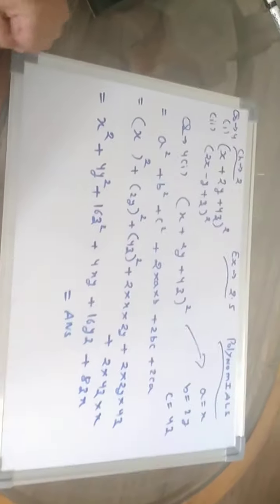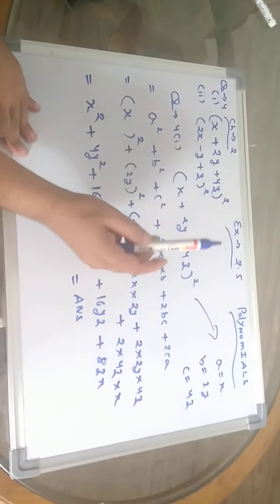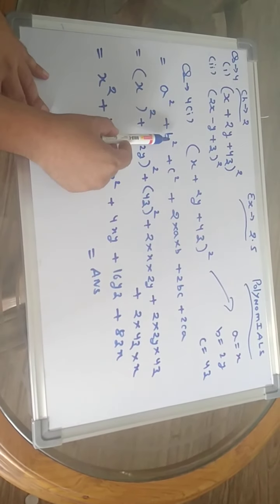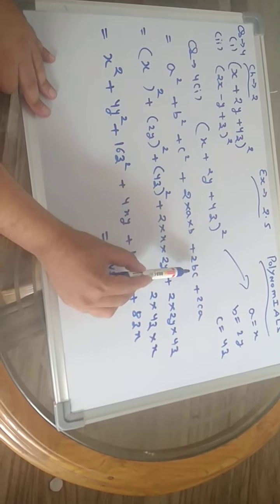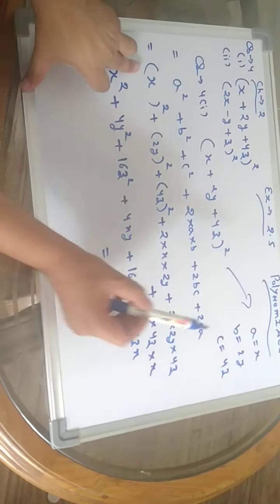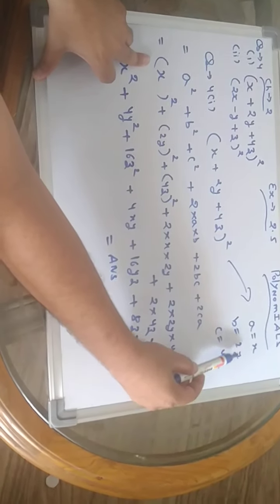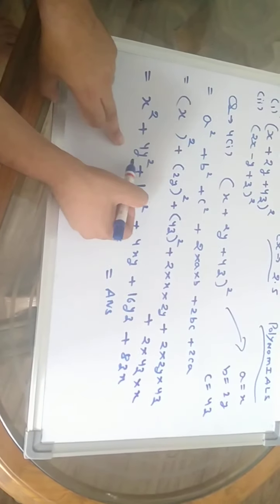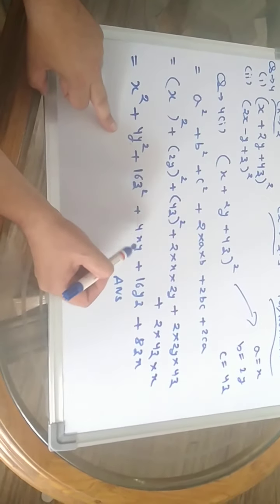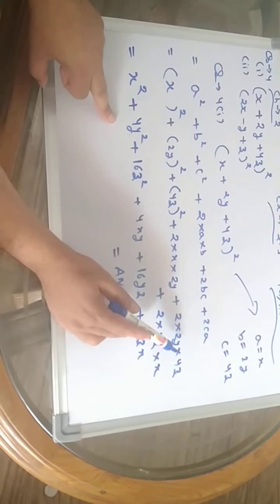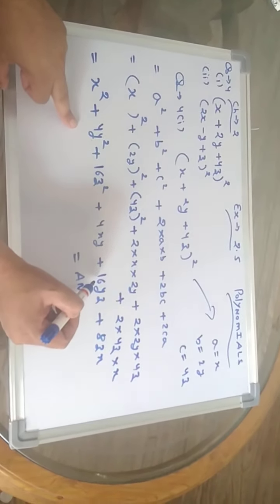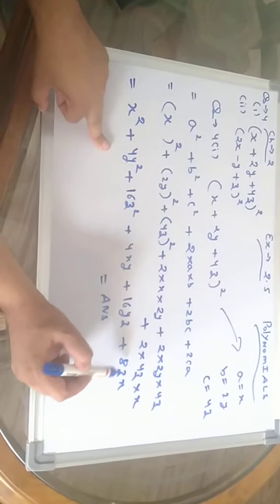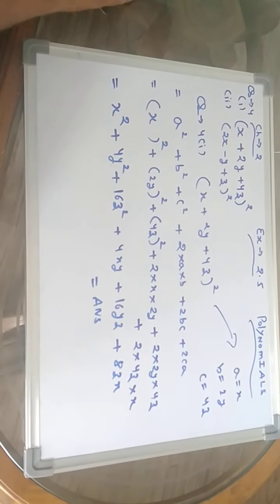I can explain it again. Let us see (x plus 2y plus 4z) whole square. By applying the formula (a plus b plus c) whole square, a square plus b square plus c square plus 2ab plus 2bc plus 2ca, you have to put the values: x as a, 2y as b, and 4z as c. And then you simplify it. x square, 4y square, 16z square, 4xy, and when you multiply 2 into 2 and then multiply by 4, you will definitely get 16yz. And then the last one, 2 into 4, 8zx. This is the answer of this question.